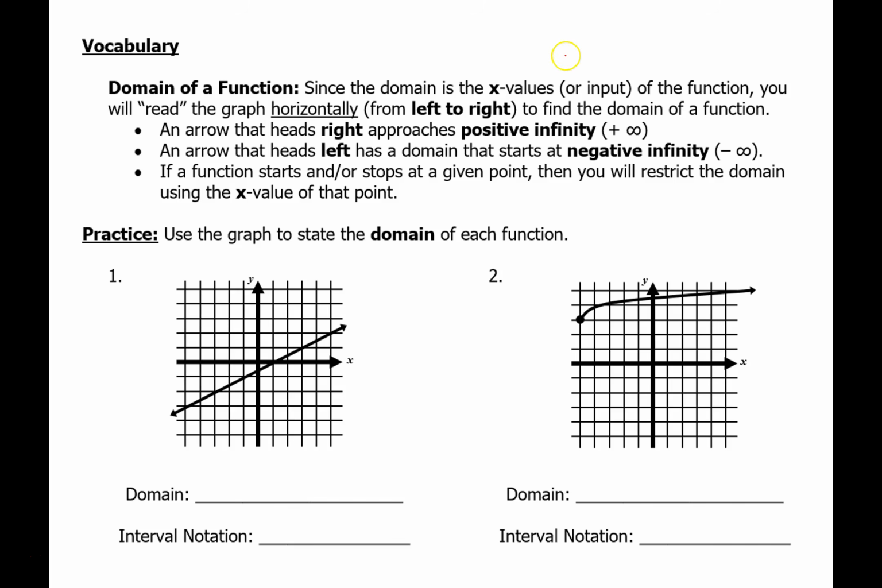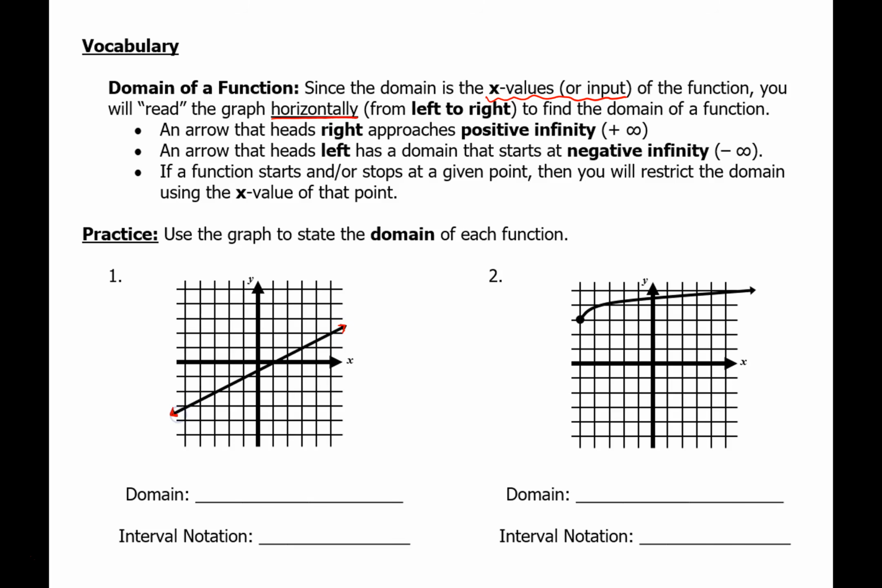The domain is the set of numbers that are in the x values, the input values of the function. Now, when we're talking about x values on a graph, that means we're looking at the x-axis. We're looking horizontally at the graph. So when we try to figure out the domain of a function, we're always going to read the graph horizontally, from the left to the right. There are going to be times when we have to deal with these arrows that happen at the ends on